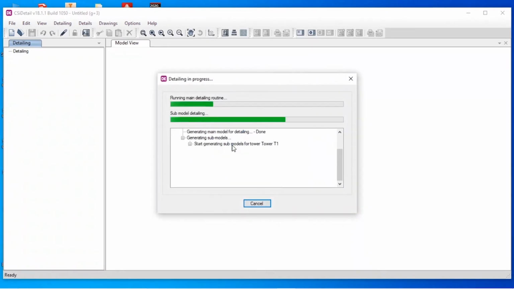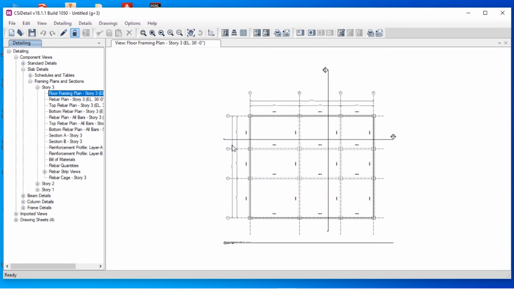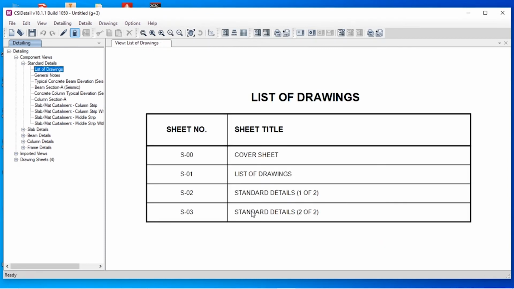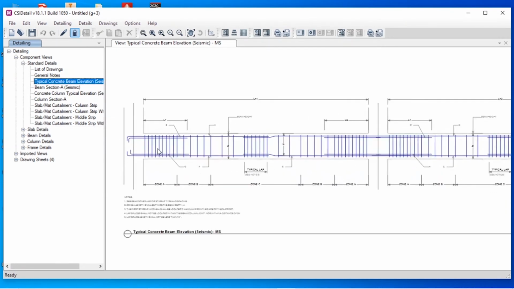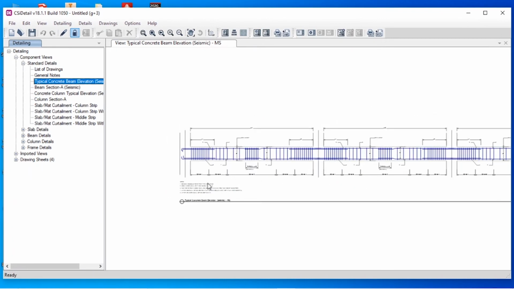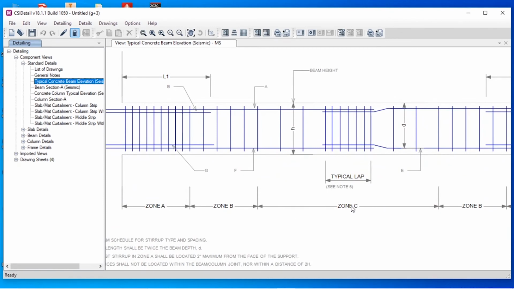It will generate all the standard drawings. If you want more detailed drawings, you can add more. Here they are having the standard details. In the standard details, you can see the list of the drawings and the general notes. And here you can see the typical beam elevation. This is a typical beam elevation for this drawing, and here you can have this zone A, zone B, zone C,